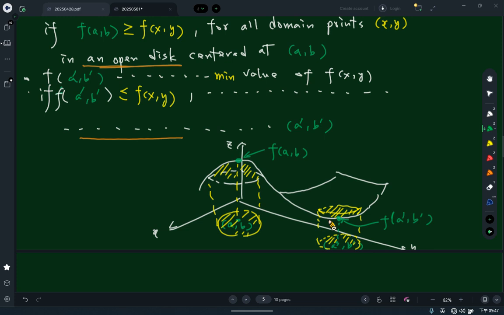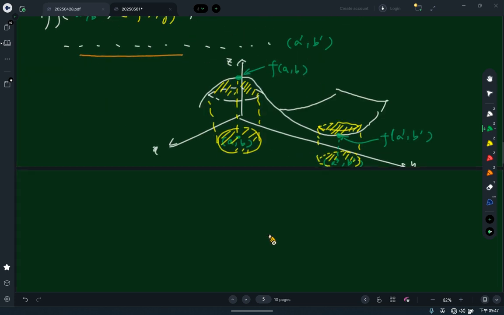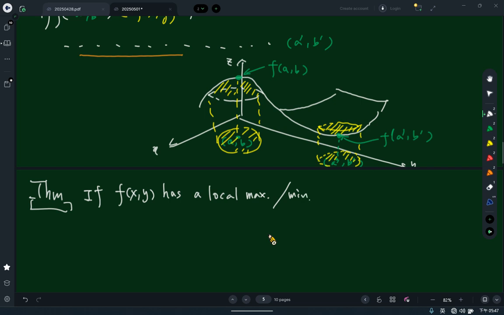Then I'd like to show you another special point. As for the saddle point, later I will show you. Then in this case, we also need to define the extreme, the critical point. So if f of x, y has a local maximum or local minimum value at an interior point